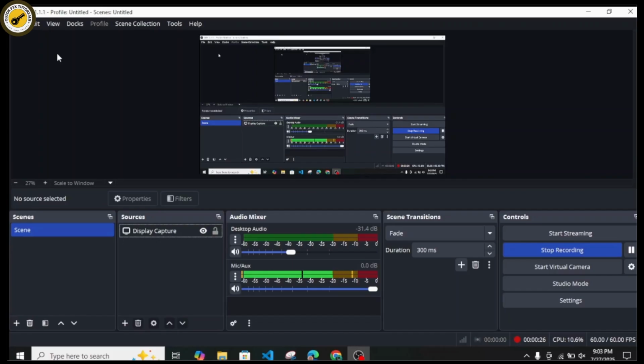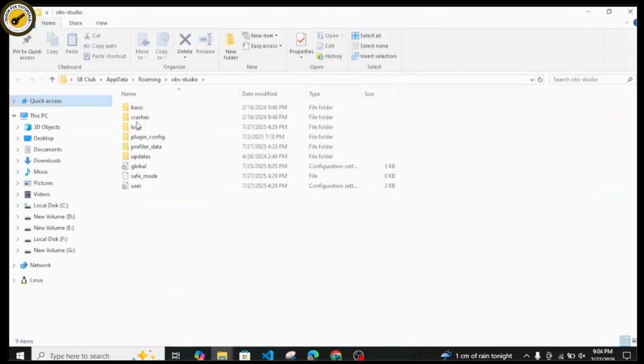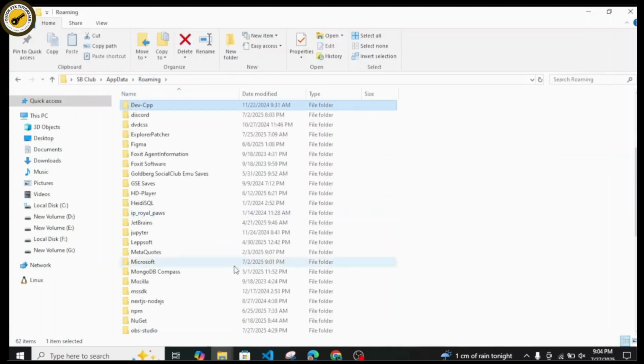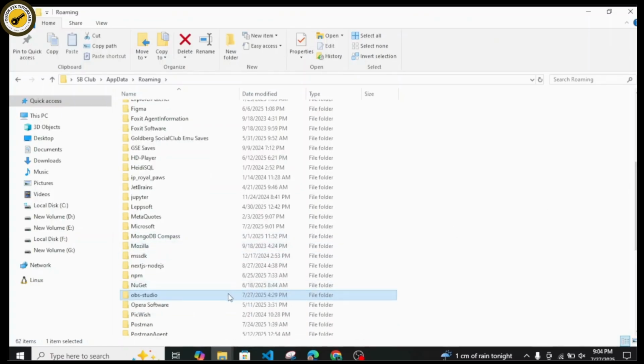So to save your OBS settings for such scenarios, you just have to open your OBS Studio and head over to the File button on the navigation bar at the top left corner, and select or open this Show Settings Folder just like this, which will take you to this page. Now what you need to do is head one step back, that is Roaming. Once inside here, just locate the OBS Studio folder,